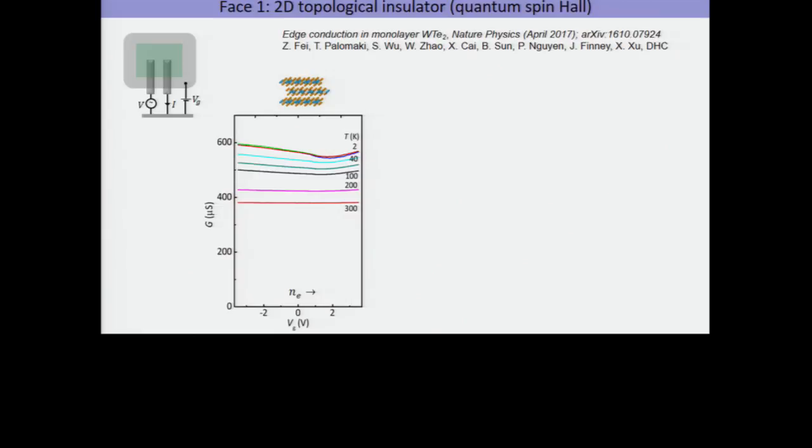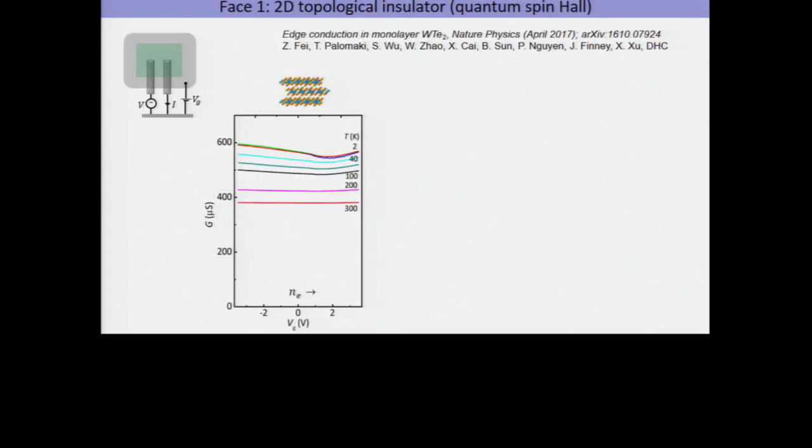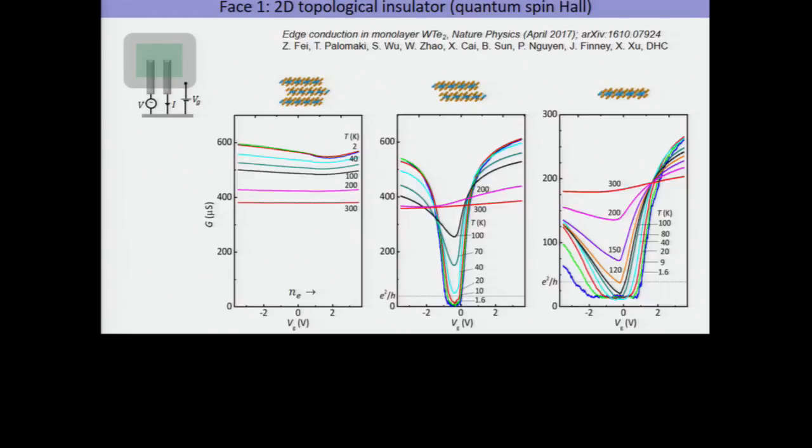Okay. I'm going to tell you about the many faces of this surprising material that we observe in such monolayer devices. The first of these faces is the one I've alluded to so far: the prediction that it would have helical edge states and it would be a topological insulator if it were gapped in the bulk. So here we have, to start with, two-terminal measurements between two adjacent contacts on a sheet of